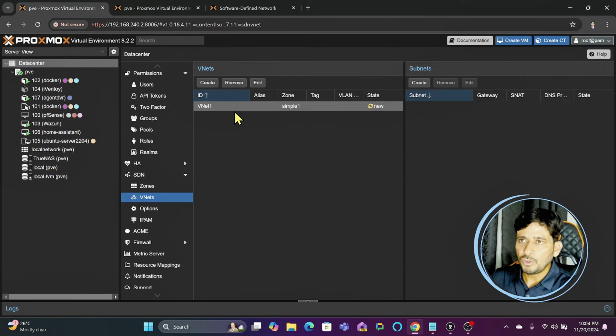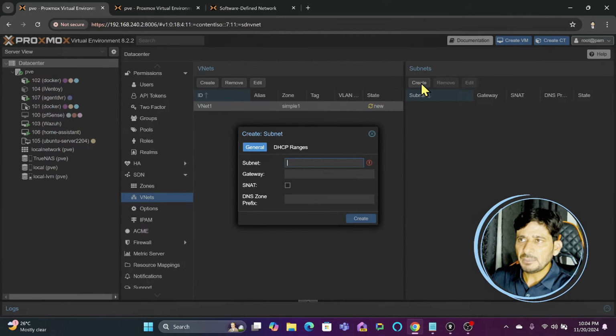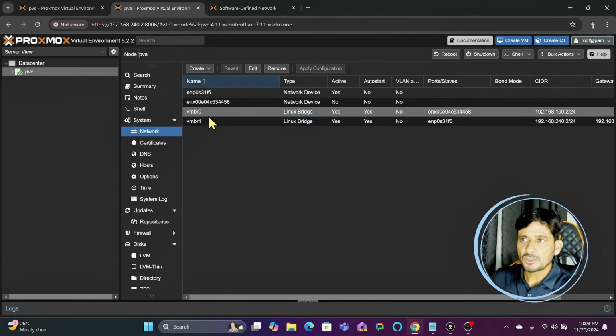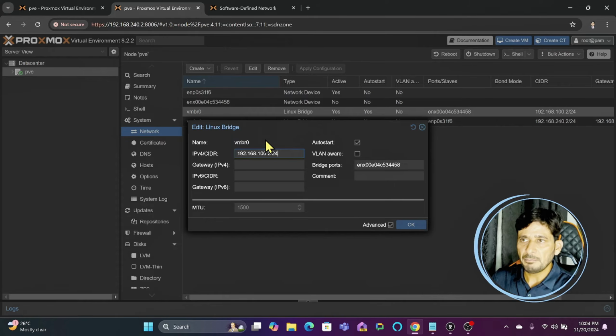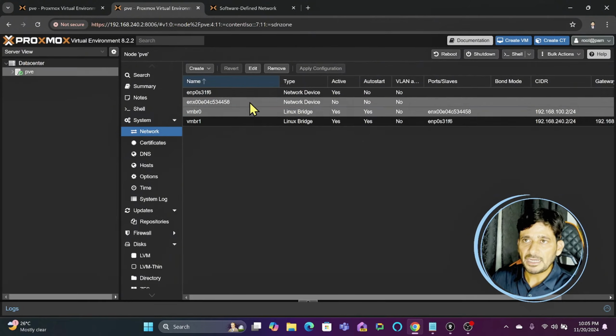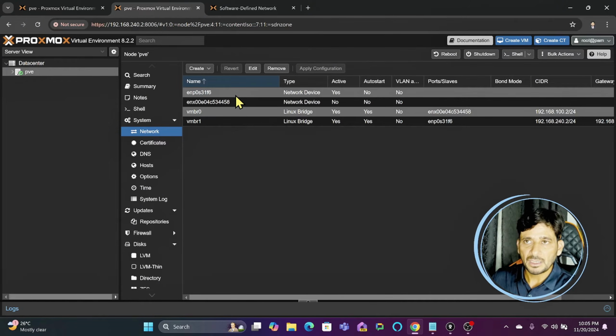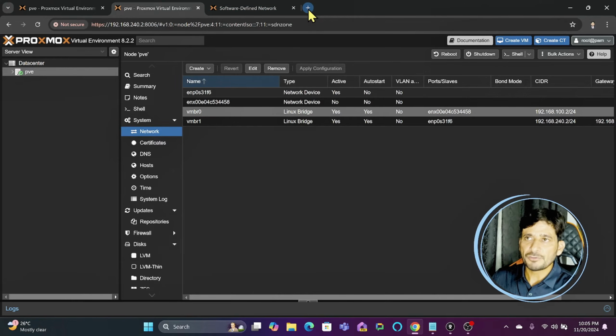Now, because we have not yet gone through any IP address or any range of the virtual network, we have to define that within the subnet. So I'll be creating my first subnet here. So you can see here in subnet, you have to mention the CIDR, as you have seen in the physical network when we were talking about it. So in VMBR, we assigned the IPv4 address to this particular Linux bridge because the CIDR was already defined in the physical network. And what is that physical network? It was, of course, my